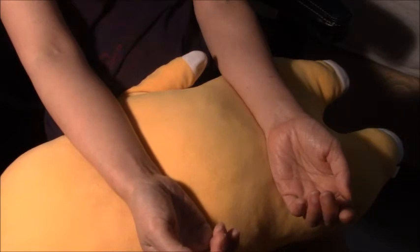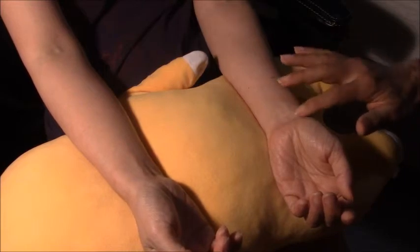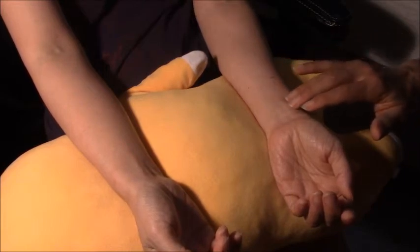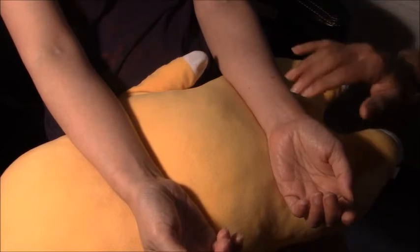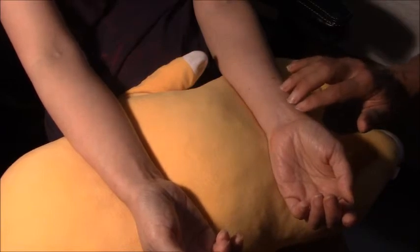Okay, pulse taking, Hua-Chim style. So basically, you have three positions: Chun, Guan, and Che. Chun, Guan, and Che position. So what I like to do is start right around the transverse crease of the wrist and just go directly